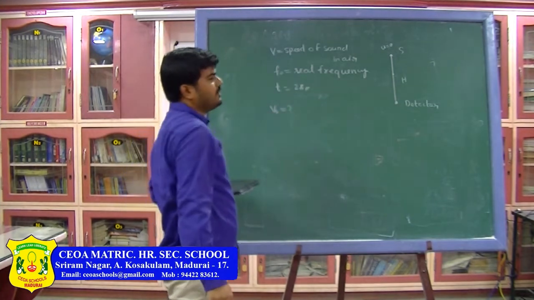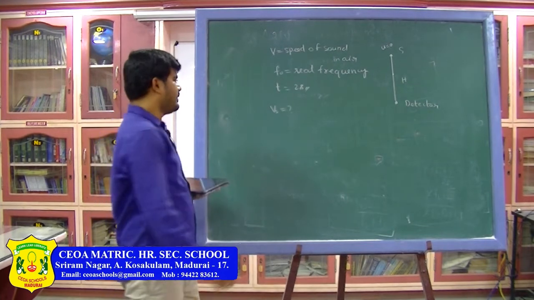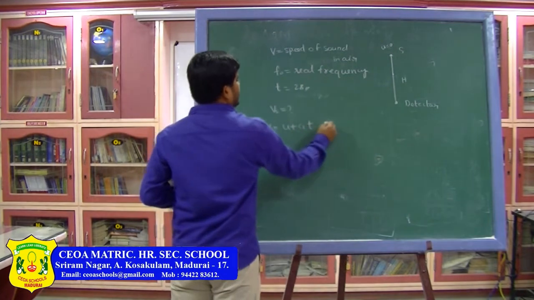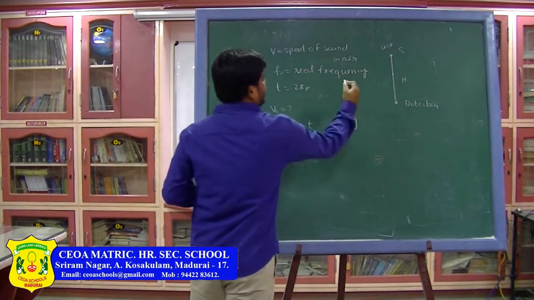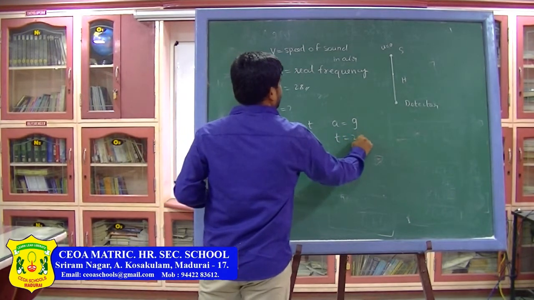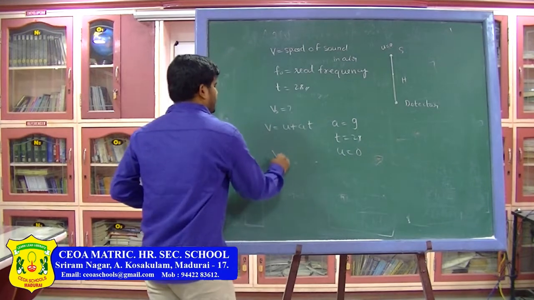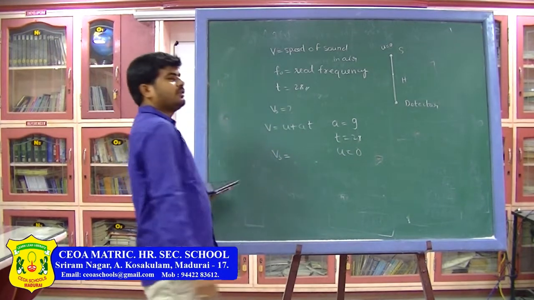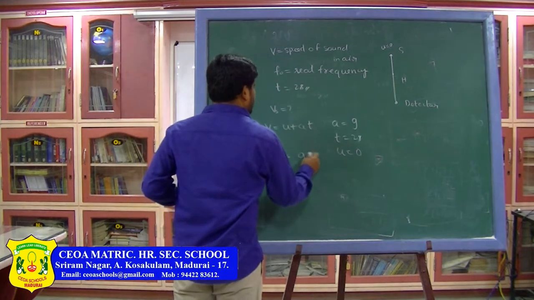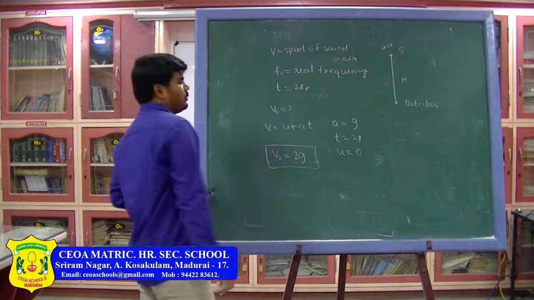Now it is under accelerated motion due to gravity of earth. So first find out its speed using V is equal to u plus at, where a is nothing but acceleration due to gravity, time t equal to 2 seconds given in the problem, and initial velocity of the source is 0. Now Vs, speed of the source after 2 seconds, is given by V equal to g into time value 2, so it will be 2g. So this is the speed of the source.